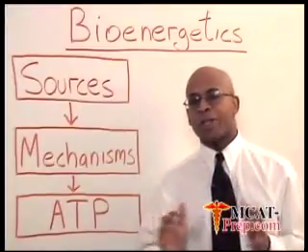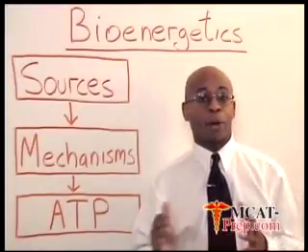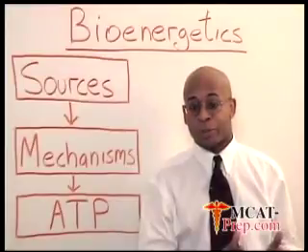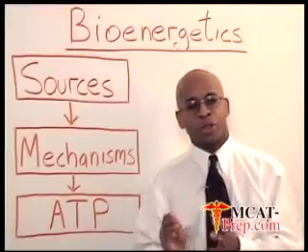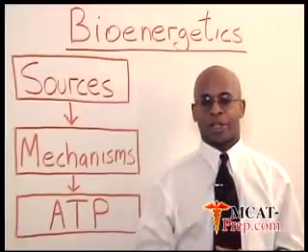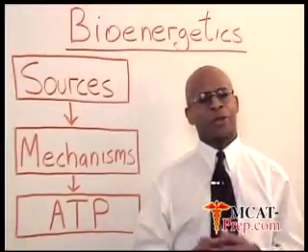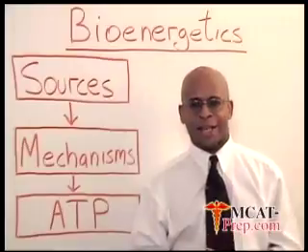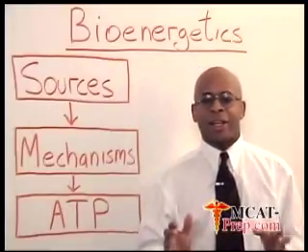So then you get a total of 36 ATP per molecule of glucose during aerobic respiration, but you only get 2 ATP per molecule through anaerobic respiration. Now there is something called oxygen debt. That is that you